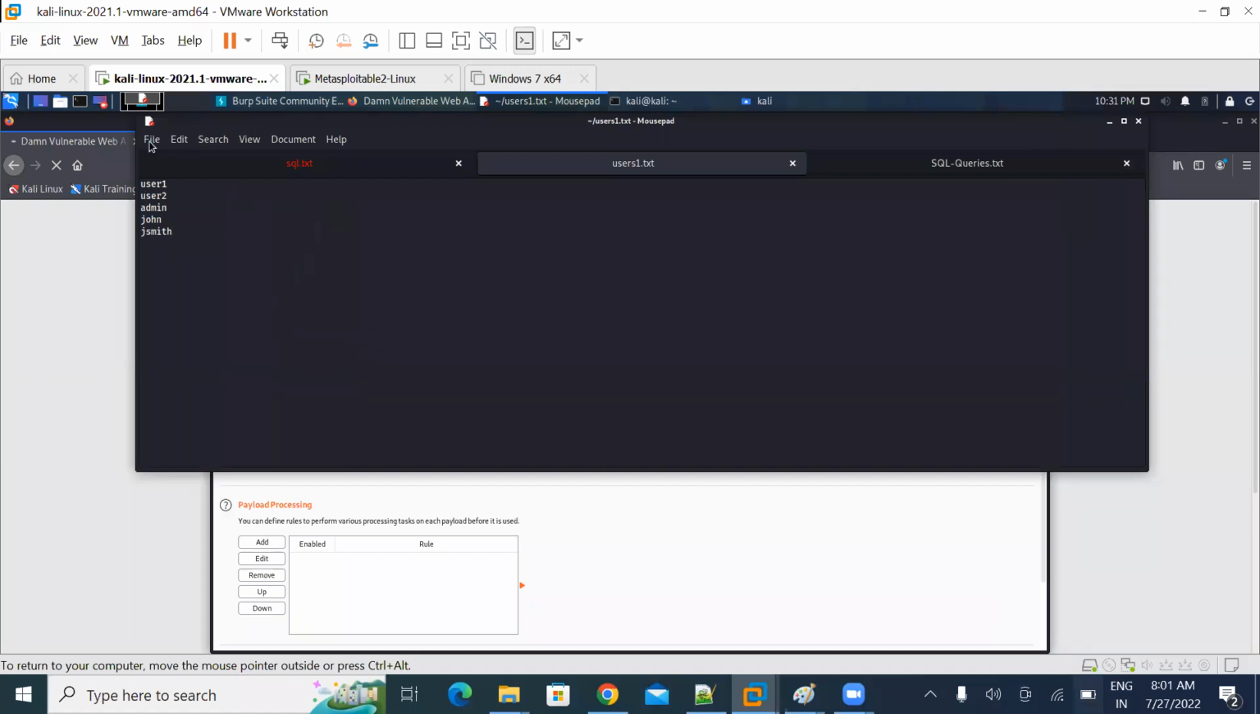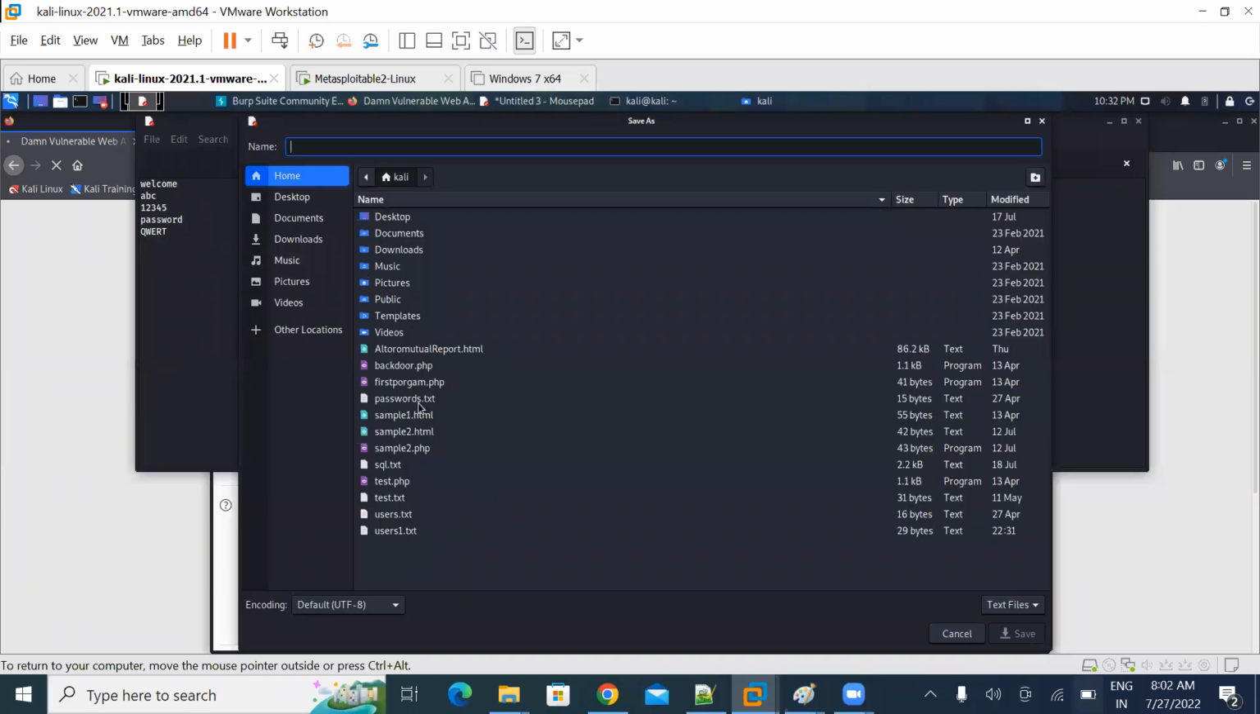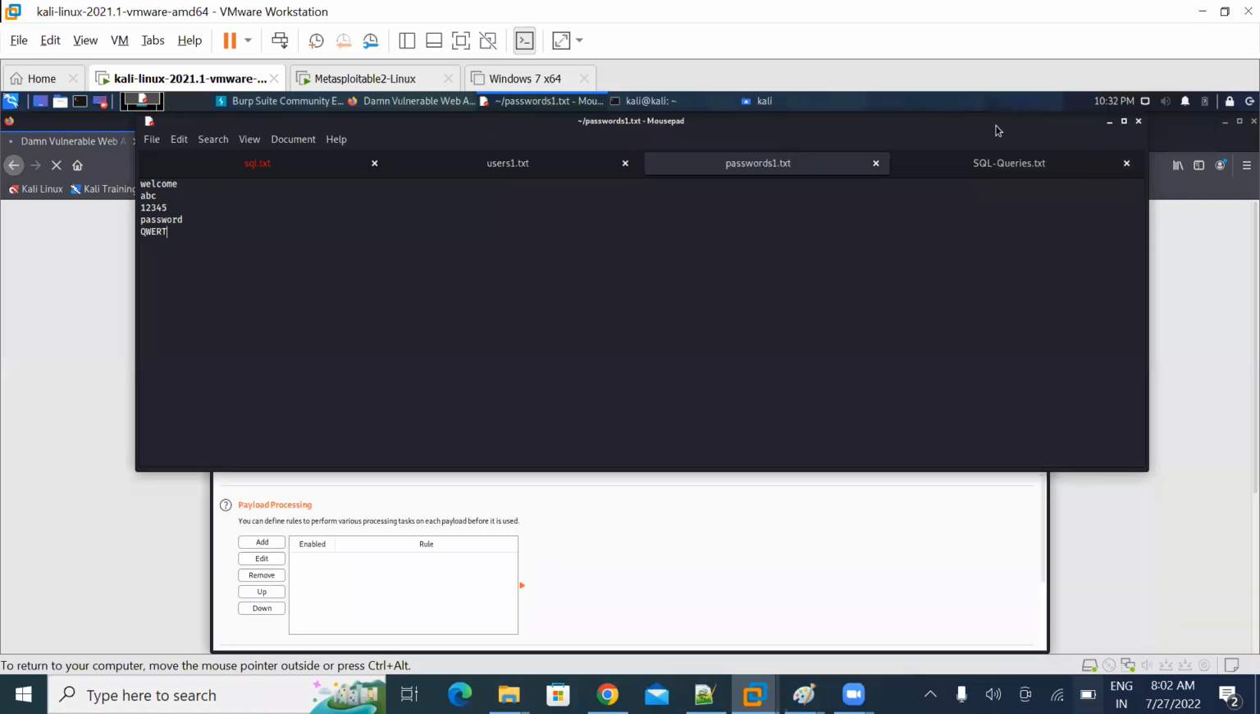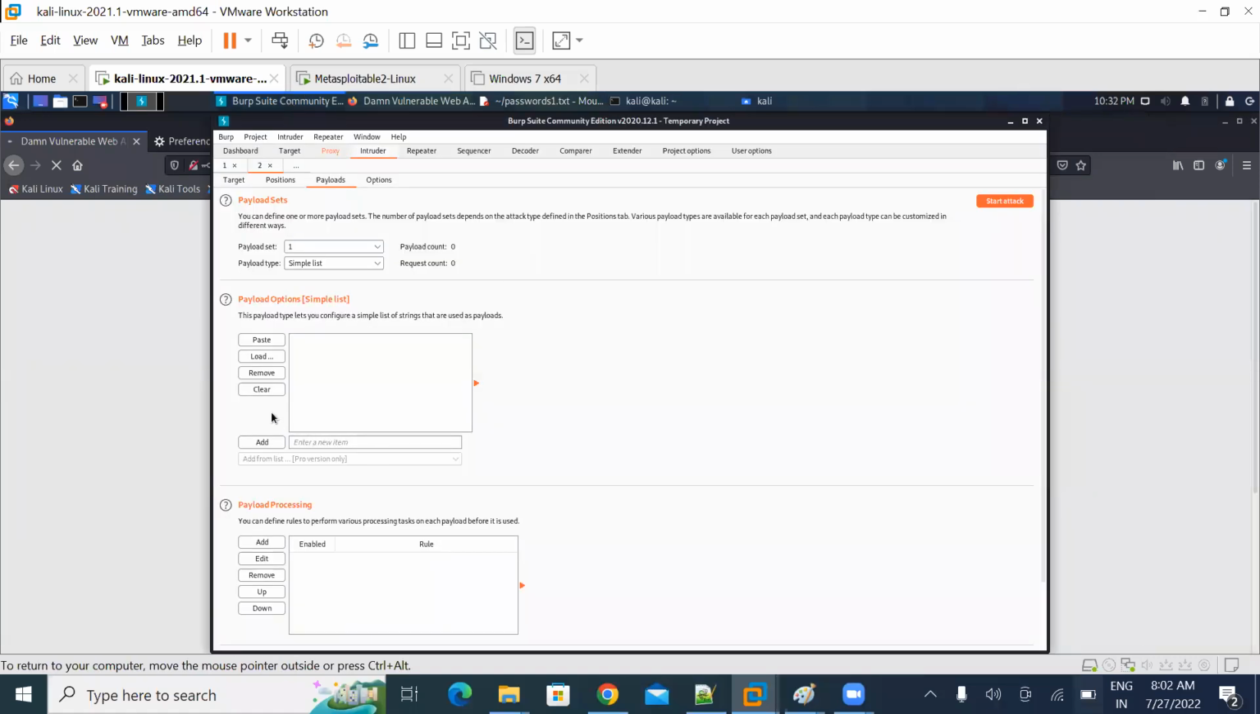Similarly, we need to create a file for passwords. File, new. Let us use some passwords. Welcome, ABC 12345. Then password as password. Then finally QWERT. 5 passwords I have given in this passwords file. Save as passwords1.txt I'm going to give. Save. So instead of me manually giving the username and password, I try to load it from